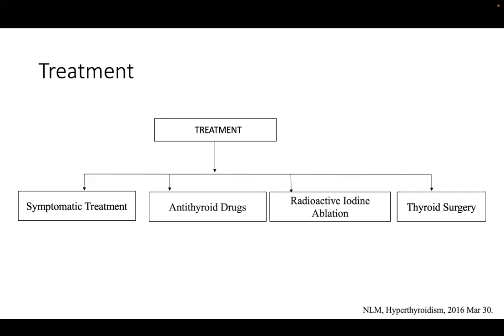How do these drugs work? We have thionamides, which includes methimazole. It inhibits thyroid hormone production by inhibiting thyroid peroxidase, so there is blockade of the entire cycle of iodide oxidation, organification, and coupling. The other one is propylthiouracil, which acts by lowering the peripheral conversion of T4 to T3, sir, by inhibiting the deiodinase enzyme.